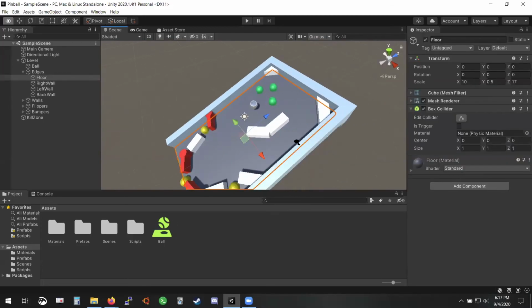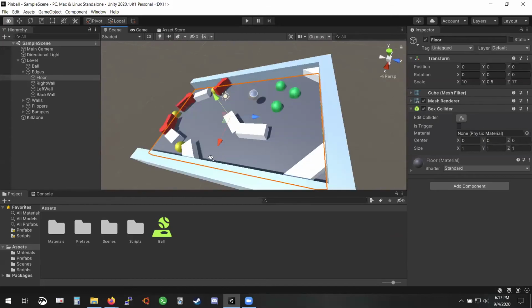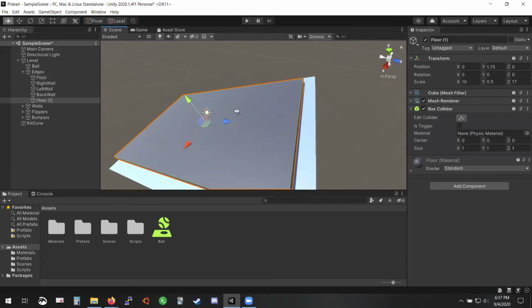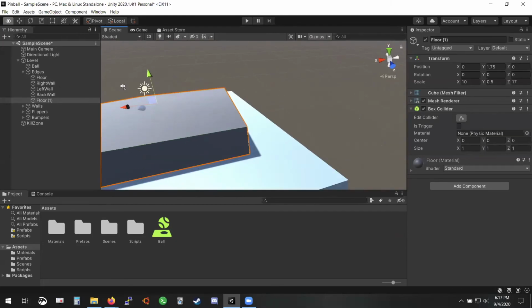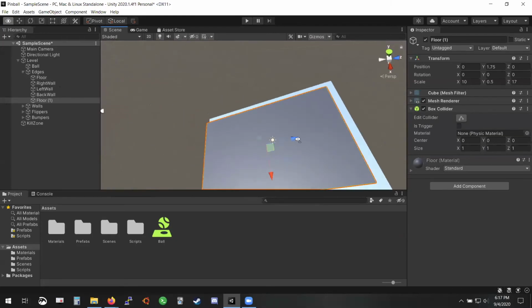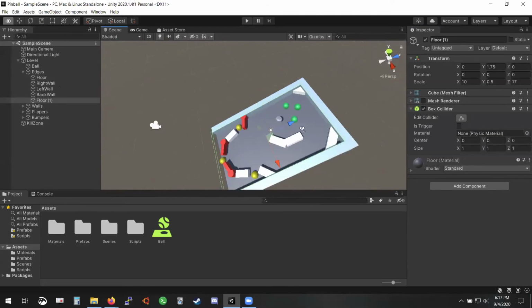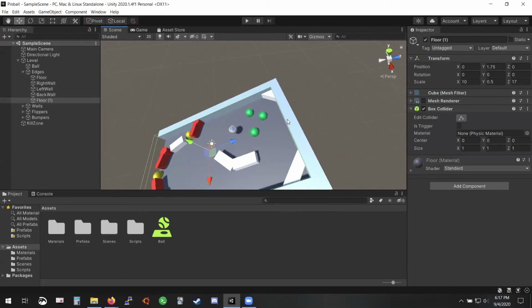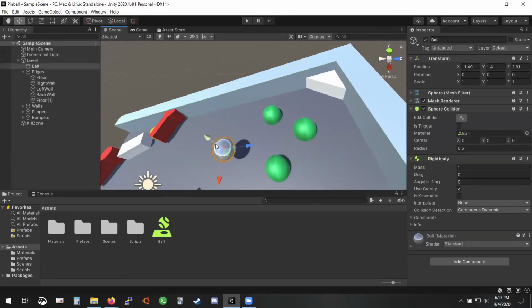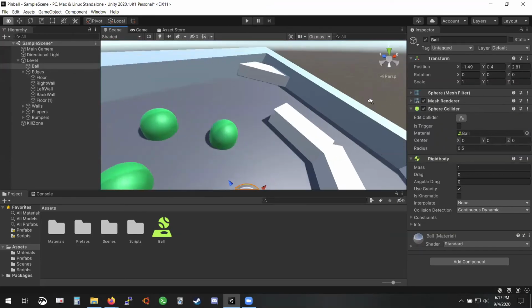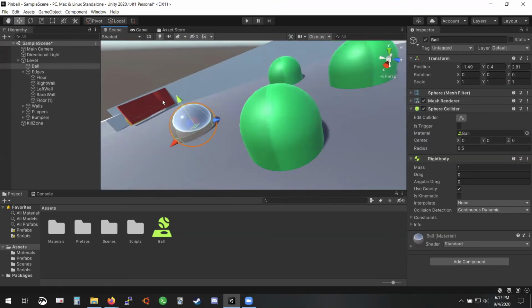So to fix that, and this is one thing which I skipped originally, I'm going to take my floor, duplicate it, and drag it up like that. So it's covering. And then I disable the mesh render. So this way there's a surface covering over it, although the ball is going to need to be lowered. This way there's a surface over it, kind of like your glass pane that would cover up the